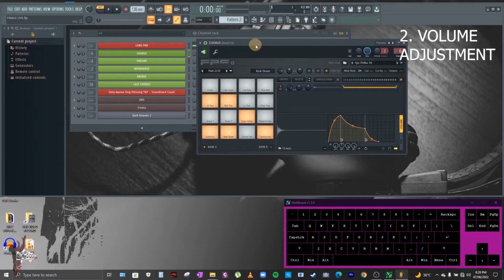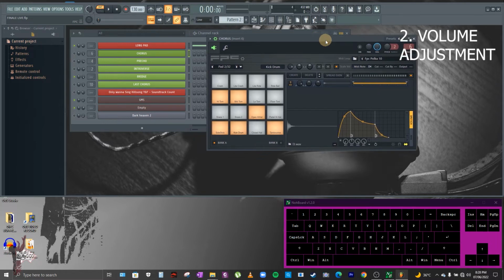So I suggest that when you have already a prepared preset for a certain song, you save it twice. The first saving is for the volumes for your practice session only, especially when you're just using headphones. And the other preset save is for the live stage playing. Okay, so you don't need to readjust and readjust again.